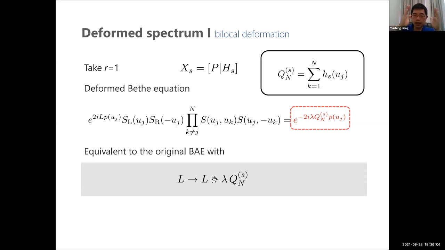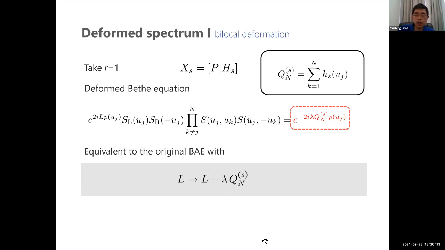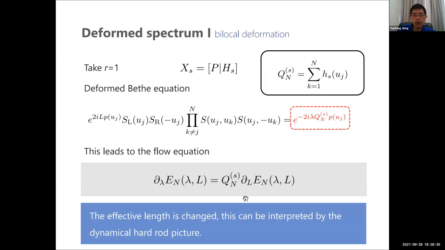So here we see that this length is the distance between the two boundaries, and they also got changed in this deformation. So if you know that the length is changing this way, this will imply that the flow equation for the deformed energy is given by this. If we take s equals 1, then this is the TTbar case, and this is E_n, and we precisely obtain the Burgers equation, which is consistent with previous results. And so we see the change of effective length.